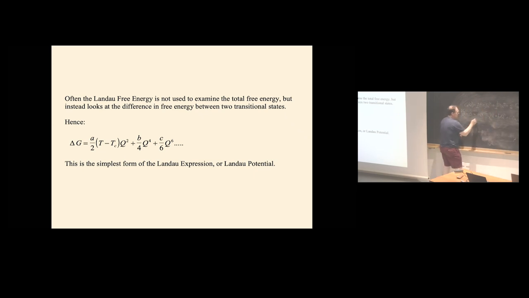And we can factorize that by taking out the Q. And I'm going to rearrange it as C Q to the 4th plus B Q squared plus A(T minus Tc). And we know for equilibrium that has to be equal to 0. Oh, got to close my brackets. Okay, so either Q is equal to 0,